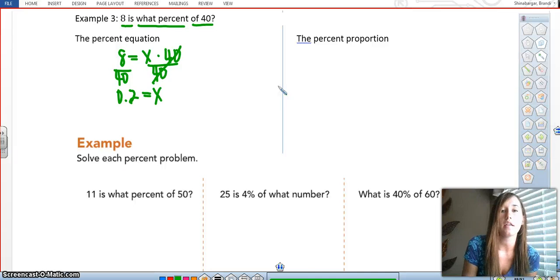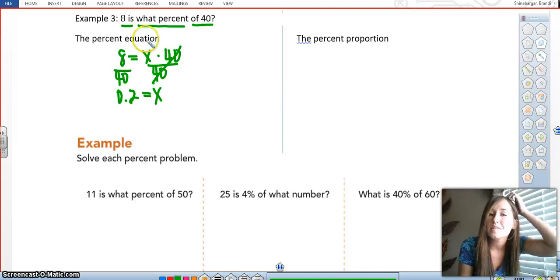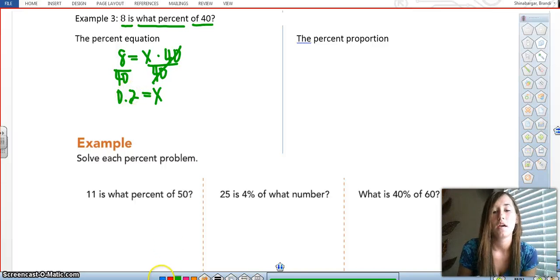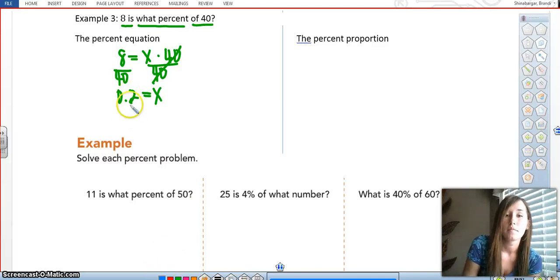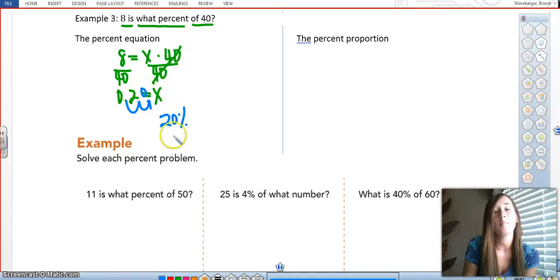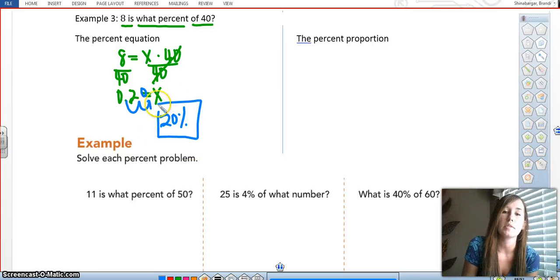Now, hold on a second. The question asks for what percent? 0.2, that's not a percent really, but we can make it be. Slide that decimal 2 times, 20%. 0.2 is the same as 20%. All right, let's try